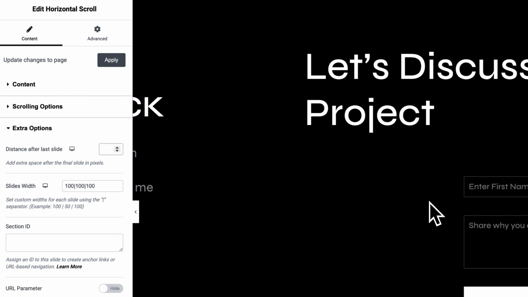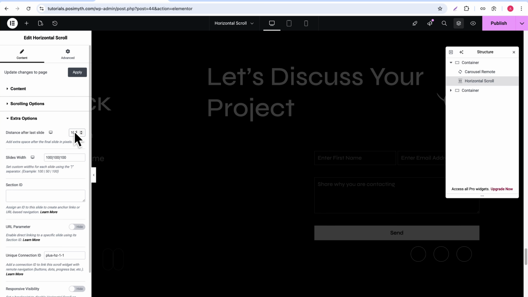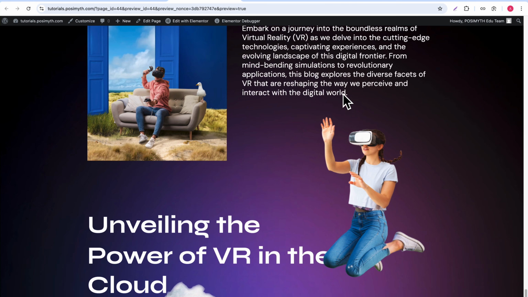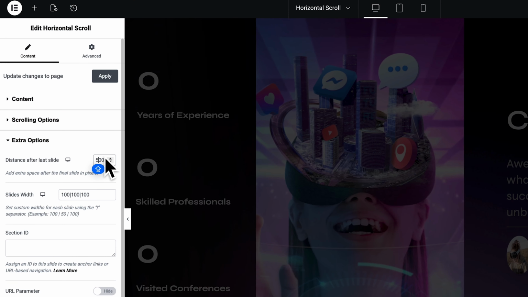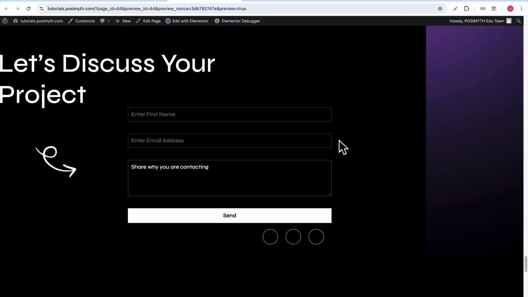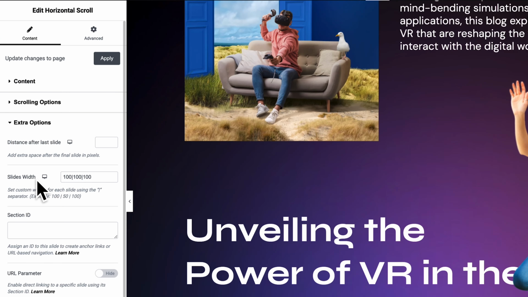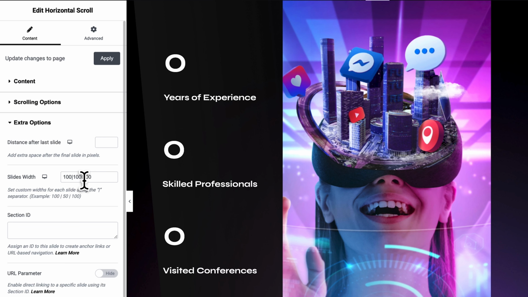Here the first setting controls how much extra space you want after the last slide. So if you keep it low like 100, you'll see a small gap. And increasing it to 500 adds more space at the end. This is useful when you want some breathing space after your horizontal scroll finishes. And right below that, slide width lets you set custom widths for each slide, so you can control how wide